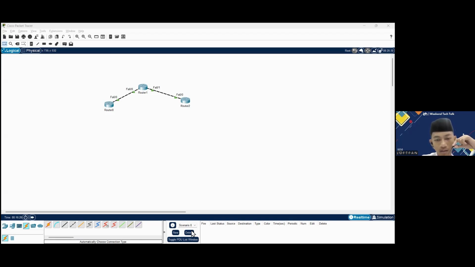Okay, now here's the difference. In router one, there are two interfaces and each of them has an IP address. So we add both of them to the EIGRP network. We can add the second IP.